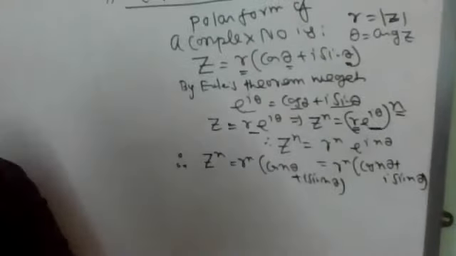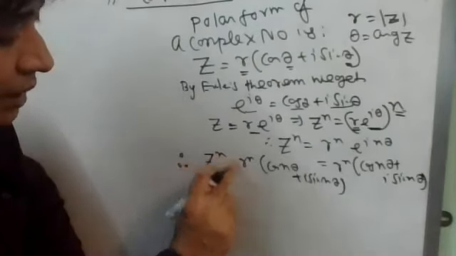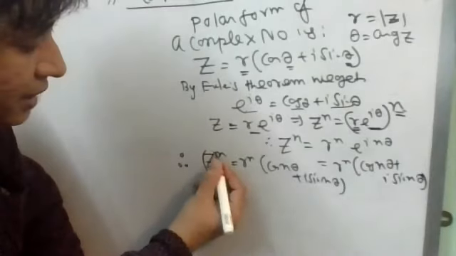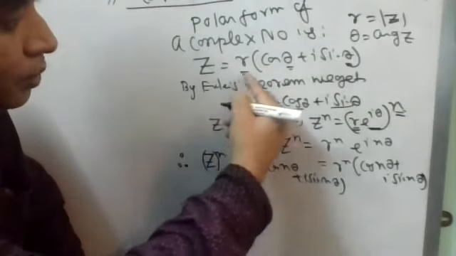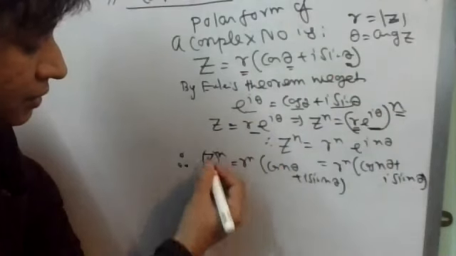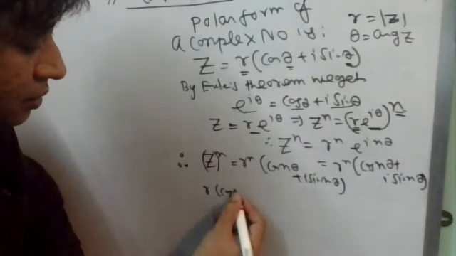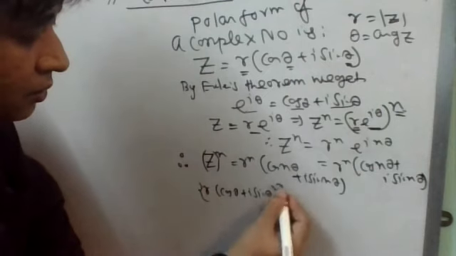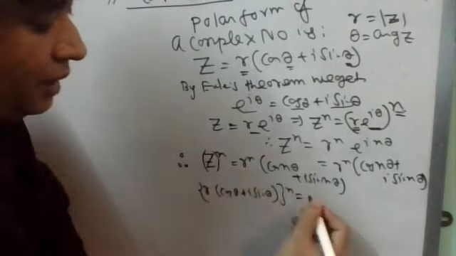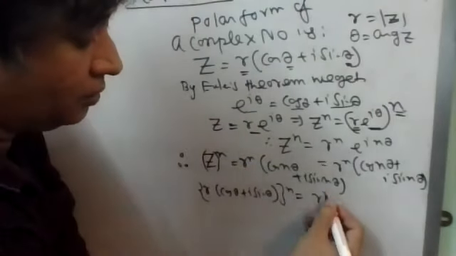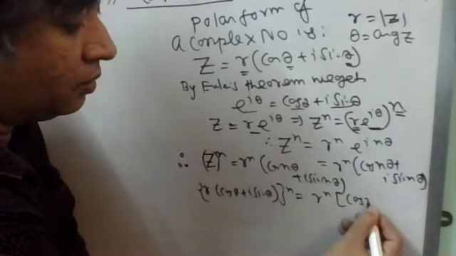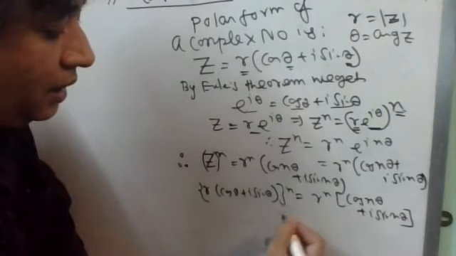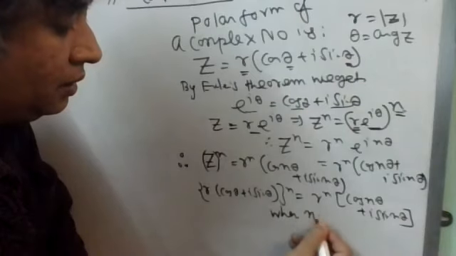Now what is to be noticed? That the power n has become the multiple of theta. So in place of z, you put the polar form. z is r (cos theta plus i sin theta) whole to the power n. That has become r to the power n (cos n theta plus i sin n theta), where n is